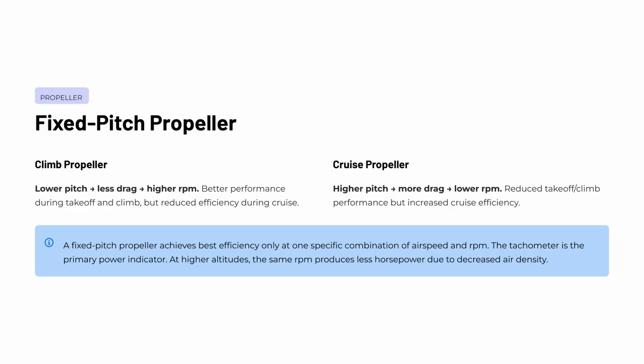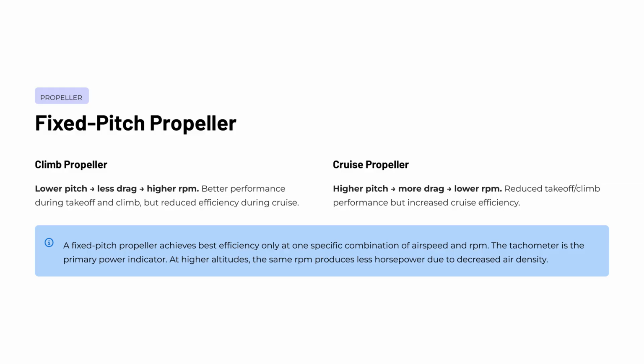A fixed-pitch propeller is ground-adjusted to a single blade angle that cannot be changed in flight. Because of this, the pilot must choose between two main configurations depending on the intended mission. A climb propeller uses a lower pitch setting, which reduces drag on the blades and allows the engine to turn at higher RPM. This delivers better acceleration and climb performance, but the efficiency drops off once you reach cruise altitude